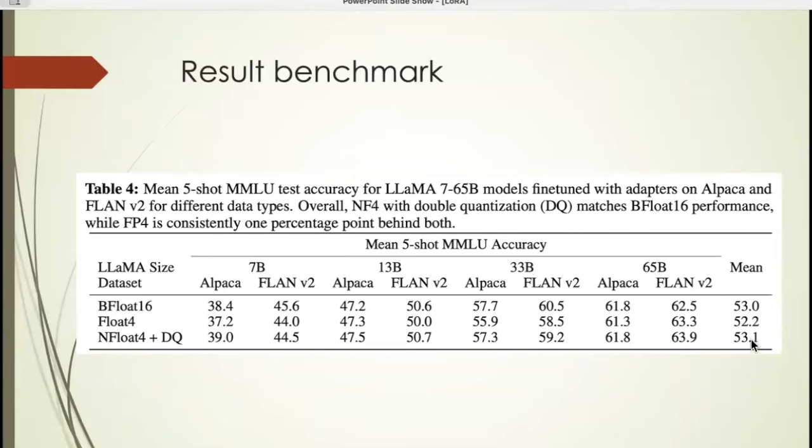And they find that the performance is again comparable to the original 16-bit. So basically the quantization does not hurt the performance. That's the conclusion they draw on these MMLU datasets: going from 16-bit to 4-bit plus the double quantization, further compression does not hurt the performance